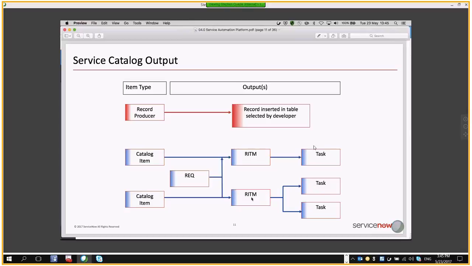Okay, so you can see how the workflow is going to build out and allow us to work through a series of tasks to deliver that item. And each item might have different tasks in order to fulfill it, right? Hopefully that makes sense. In terms of the record producer, on the other hand, all we're doing is creating a